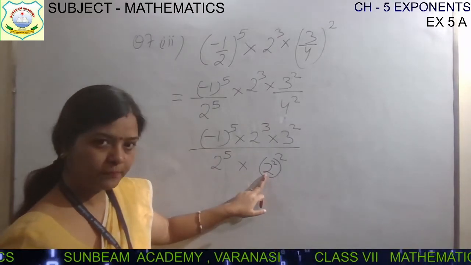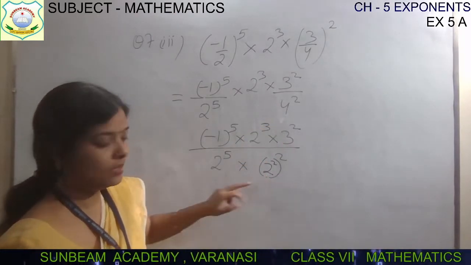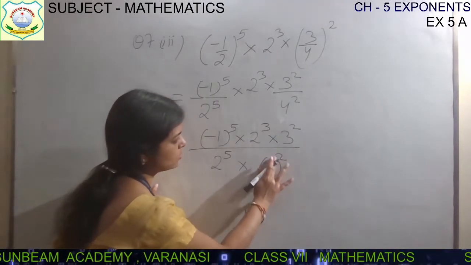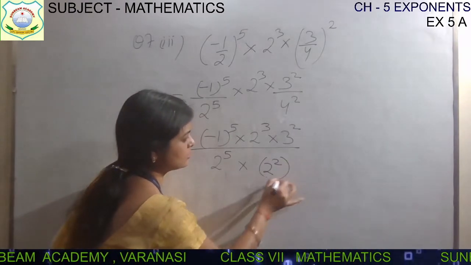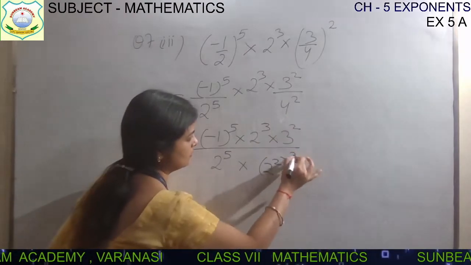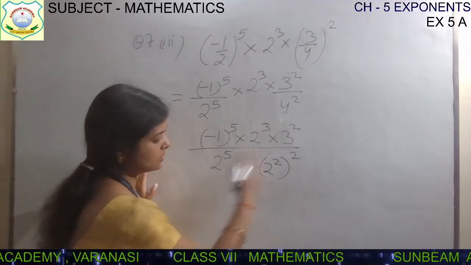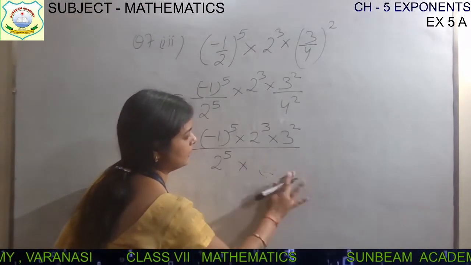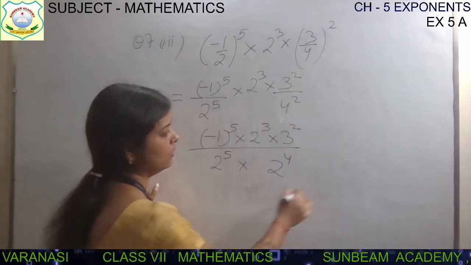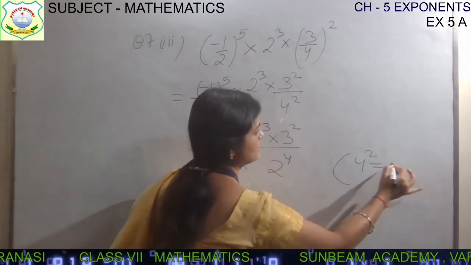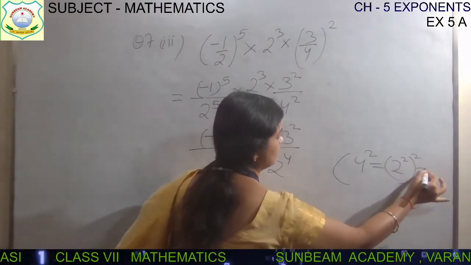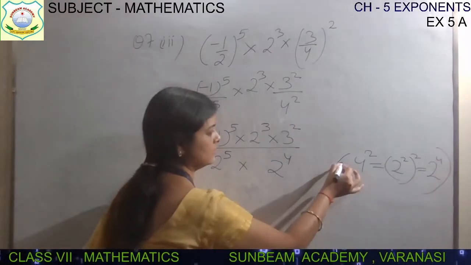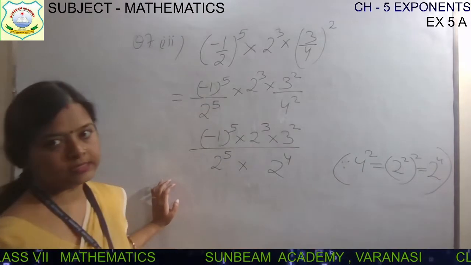2 squared is 4, so instead of 4 I am writing 2 squared. Now 2 squared whole squared, 2 into 2. This bracket means multiplication. 2 squared, one minute son. This is 4, 4 squared. Okay? So 2 into 2 is 4. So ultimately this will become how much? 2 to the power 4. So I am writing 2 to the power 4. How? Write it here. Because 4 squared is 2 squared whole squared, that is equal to 2 to the power 4. You can write it like this, because we can write 4 squared like this.